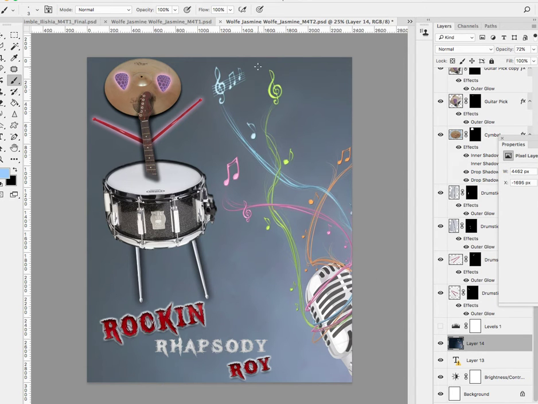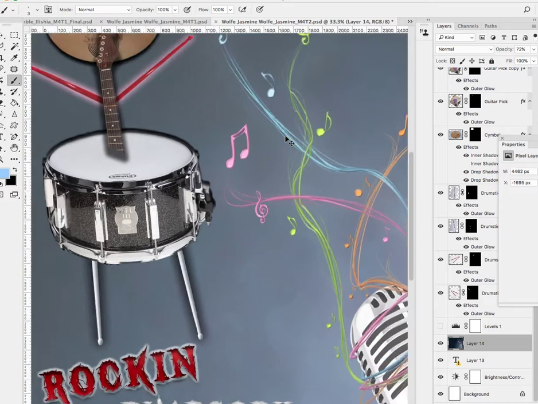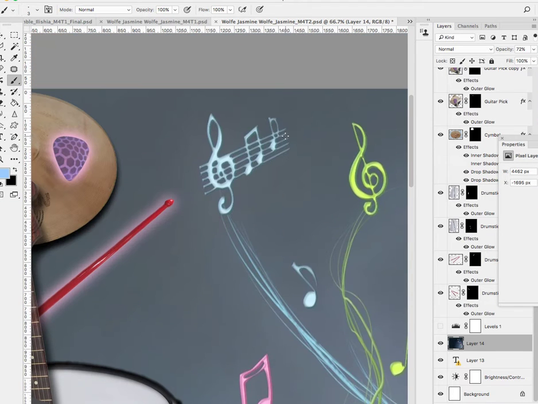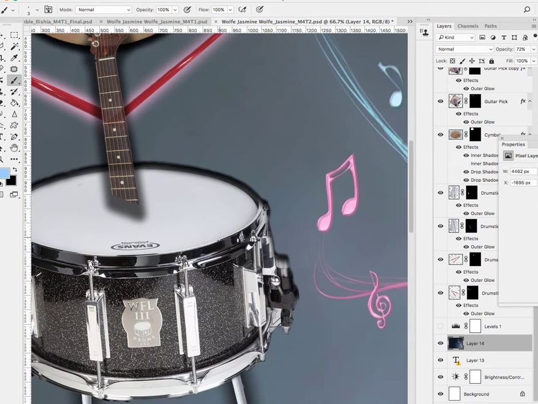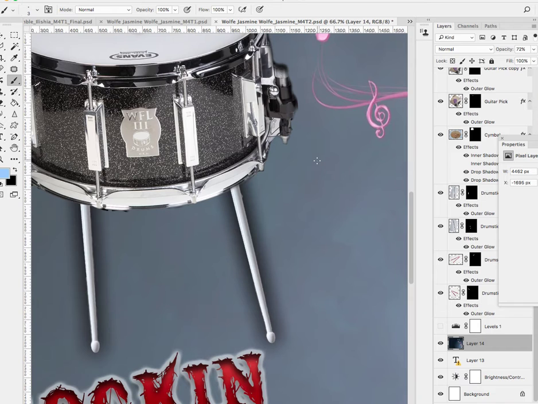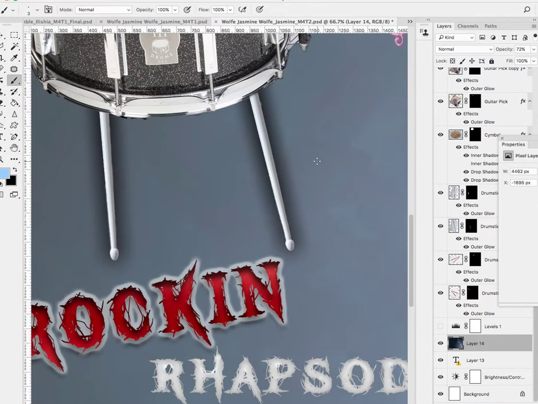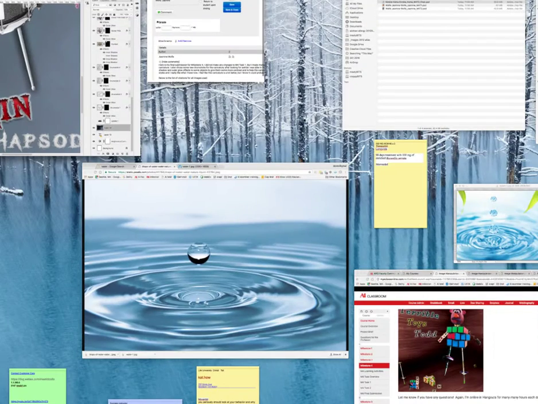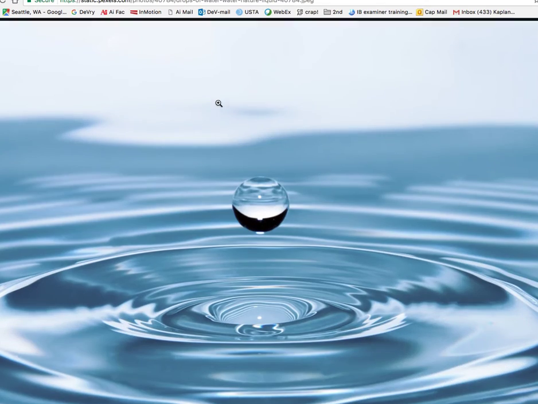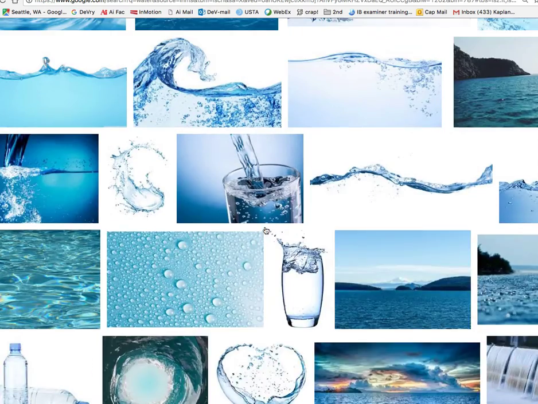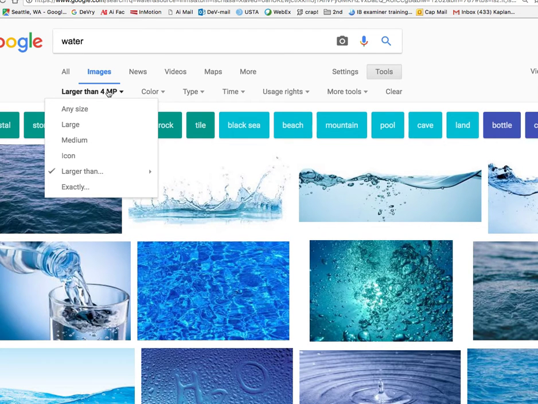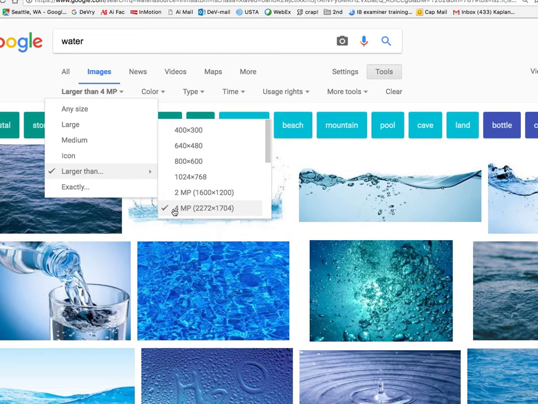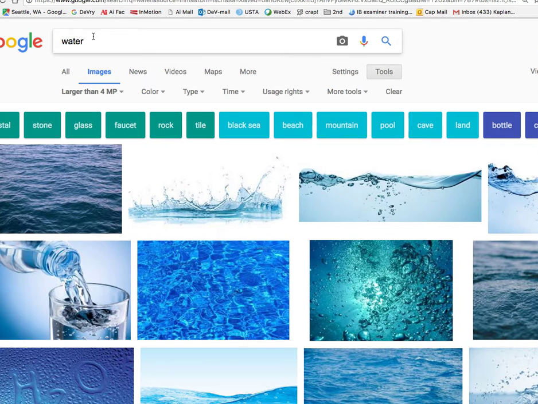This background also looks a little bit too small in size, because when I zoom in, see the difference in quality of this as compared to some of your other objects. So that's definitely a consideration. It looks pretty low quality. So when you do that Google image search, make sure you click this one here. Like when you do the tools, make sure you click larger than 4 megapixels, and then you can kind of look for